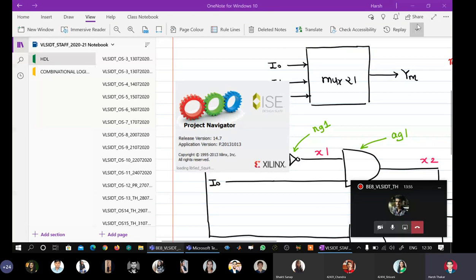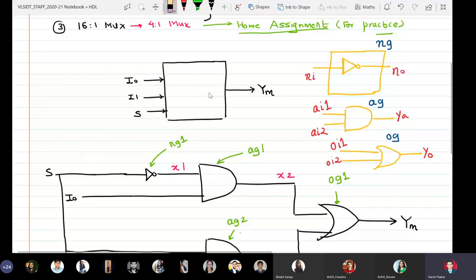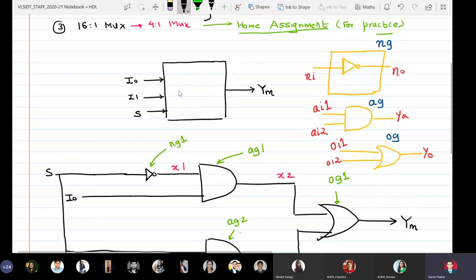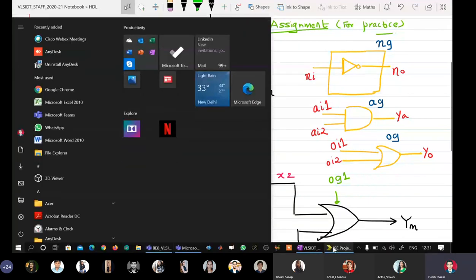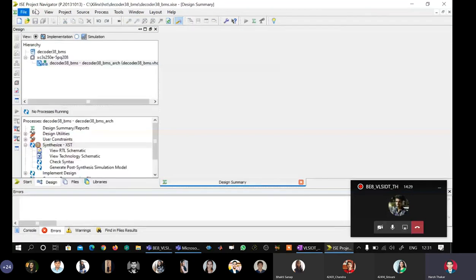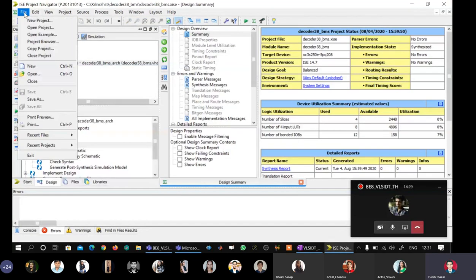So what I will do is change the entity name a little bit. I will say mux21_SMS. Okay, fine. Yeah, so I'll go to File, New Project.